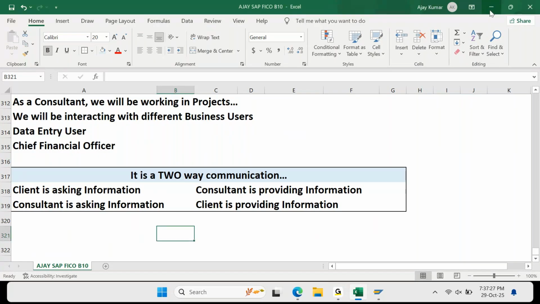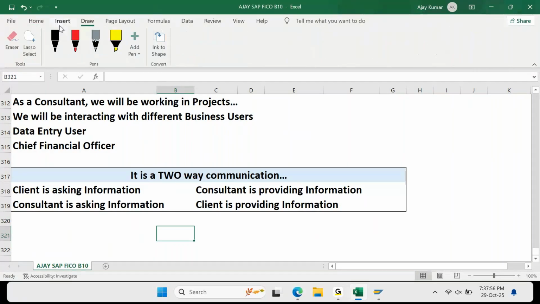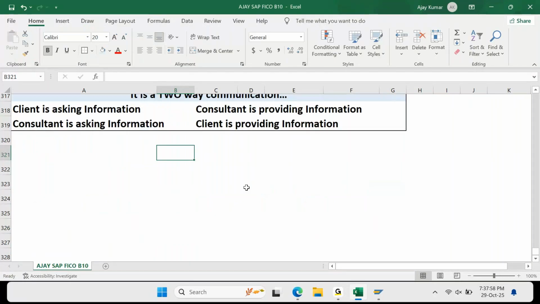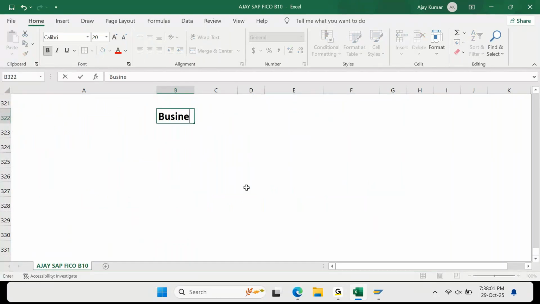When you're taking stress, when you're worrying about it, there should be a purpose behind it. There should be a result after you put the effort. Right? Now to the user, it is only the business process discussion. It is only business requirement discussion. For that, you need to be familiar with basic business processes. When we say we should be familiar with basic business processes, you'll have to understand what we mean by basic business process. Now, if I take any business,